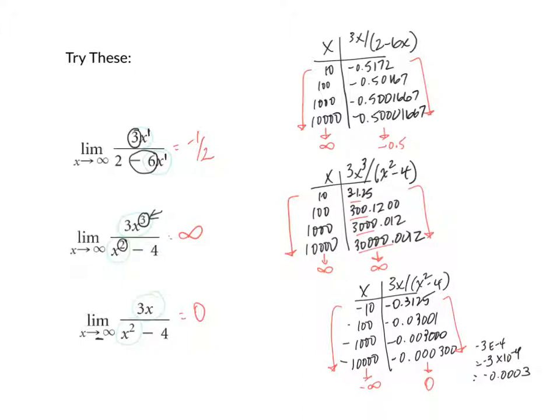So we have an example of each type of problem when we're dealing with infinity or negative infinity, and that is when the degrees are the same. Their numerator and denominator are growing at the same rate. We take a look at the leading coefficients. When the numerator is larger degree than the denominator, the numerator is going to grow faster than the denominator. And when we're dealing with fractions where the numerator is larger, we end up with bigger numbers. And then in the last one, the denominator has the larger degree. And when you have a fraction where the denominator is larger, then you end up with a small fraction.